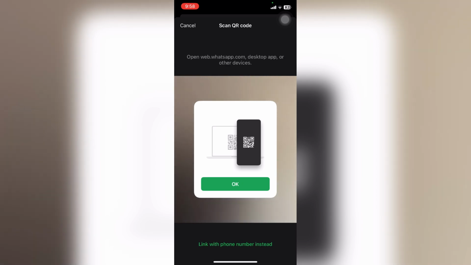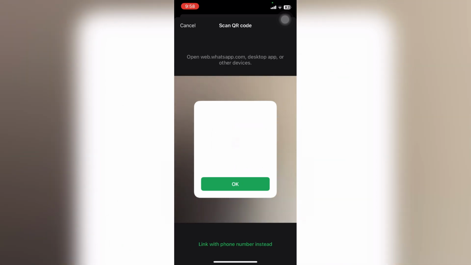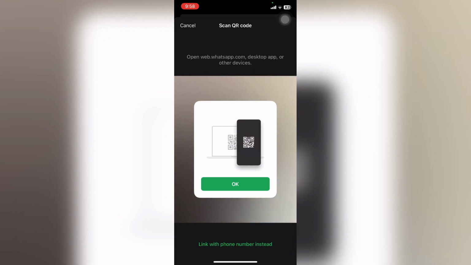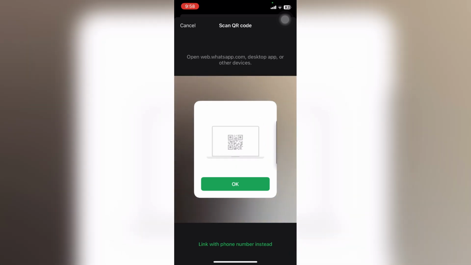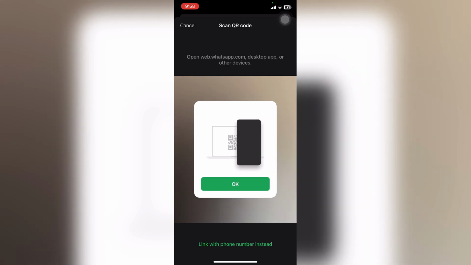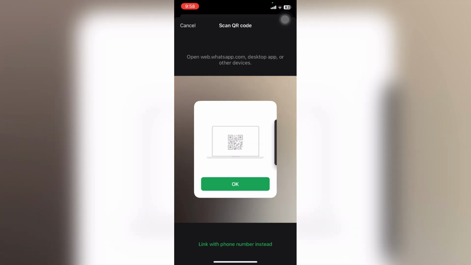On the device you want to link, open web.whatsapp.com in a browser or open the WhatsApp desktop app. Use your phone to scan the QR code on the other device. You can link up to 4 devices, and the best part is they stay connected even if your phone is